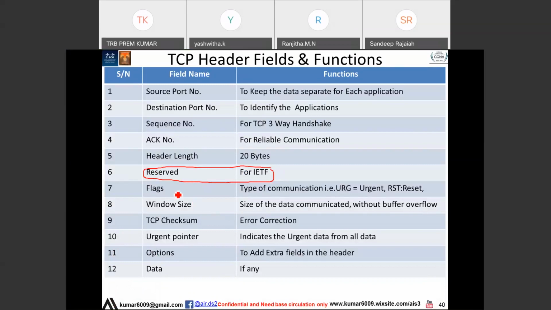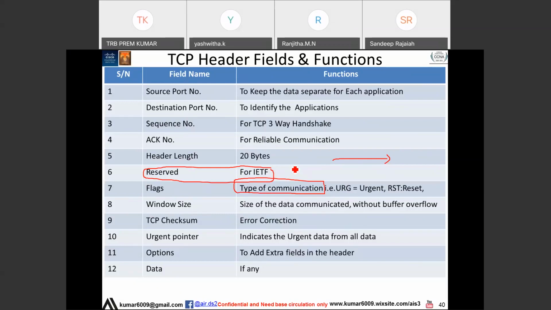Next, flags. What are flags? When a PC is sending data to another PC, how do I know what type of communication is coming? To understand the type of communication, we use flags. For example, take an analogy like this. There is a war going on. One horseman is coming with a white flag. What is the meaning of that? The meaning is he is coming with peace. Yeah, he's coming for peace, right? Something like that. So the flag represents what type of communication is coming. Without going inside the data, I can understand that this flag is on, so this type of communication is coming. In the same way, the application wants to know what type of data is coming in.